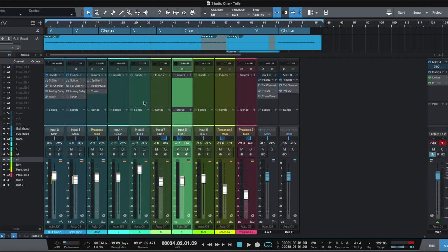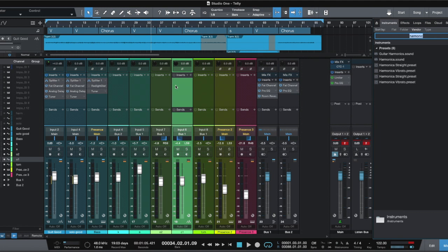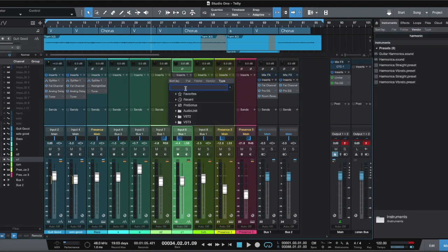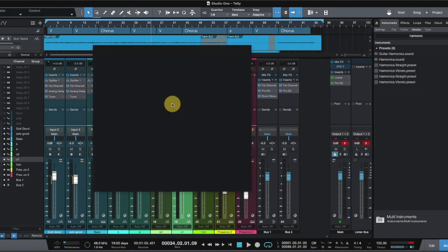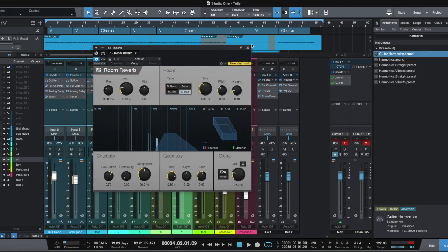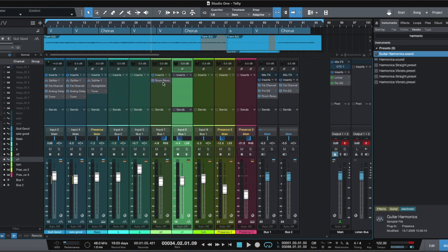So in Studio One, there's a couple ways to add effects, okay? You can do that by just clicking here where it says insert, and you click the plus button, and then you can search for an effect. You can type it in, let's say reverb, and a bunch of reverbs come in, and you would just click on this and drag it right onto that track. I don't want that, so I'm going to click here, and I'm going to click remove to remove that reverb